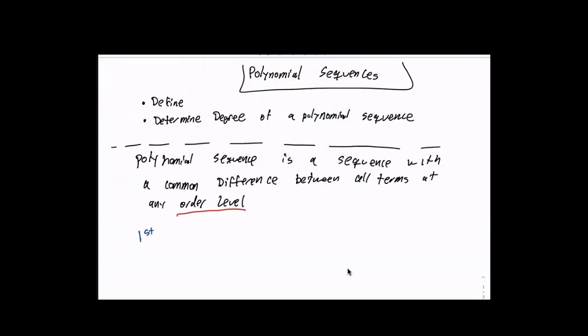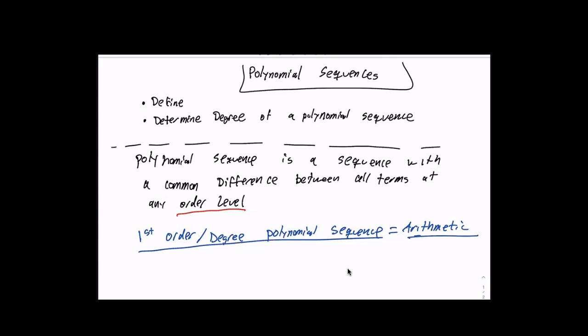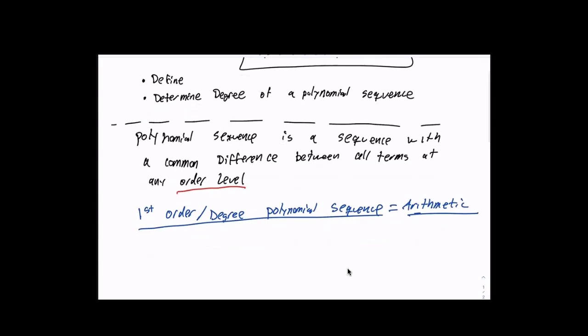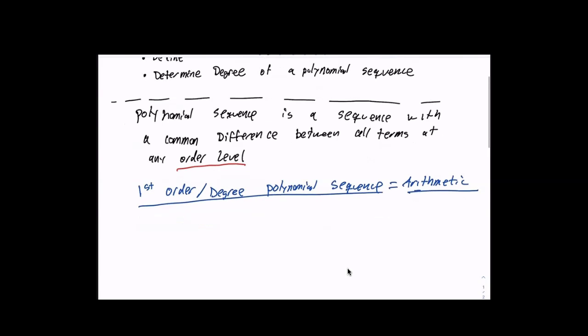We have had a first order degree polynomial sequence. We've already covered the first order, the first degree polynomial sequence, and that one is called arithmetic. So arithmetic can actually be called two types of sequences. An arithmetic sequence is called an arithmetic sequence, but it's also called a first degree polynomial. We can also refer to it as a polynomial sequence of first degree, of degree 1. All right. So for example,